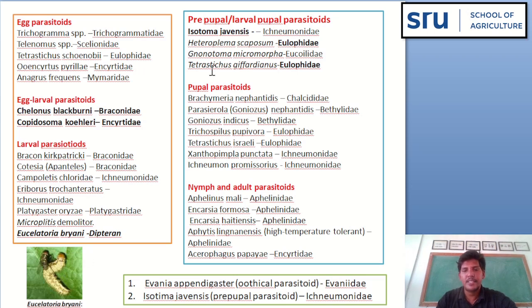Prepupal parasitoids: Isotima javensis, Ichneumonidae, Heteroplema, Eulophidae, Goniozus, Micromorpha,